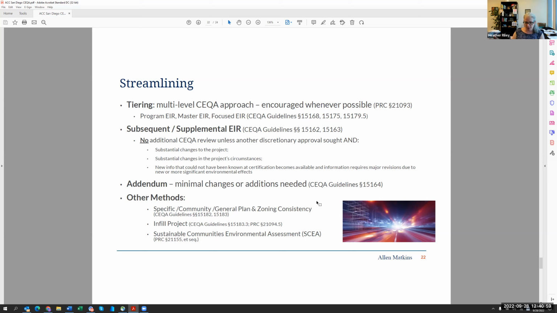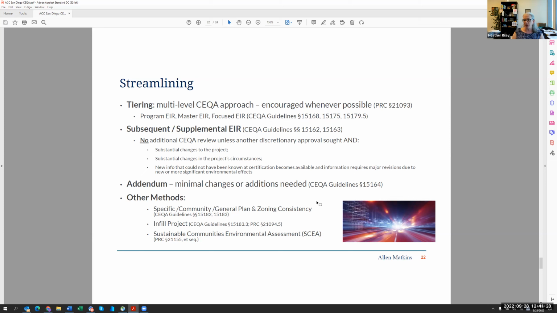If you do a subsequent or supplemental document, an MND, ND, or EIR, you've got to go out for public review. You've got to do similar pieces of process, but it's usually much shorter. You're only looking at the things that are changed. You only might have to send out a couple of chapters, not a full document. Alternatively, there are some changes in the project or environment, but no new impacts. No new or more severely significant impacts.